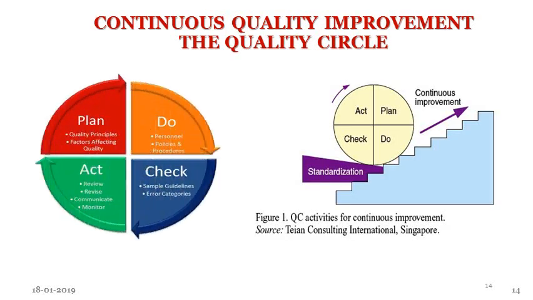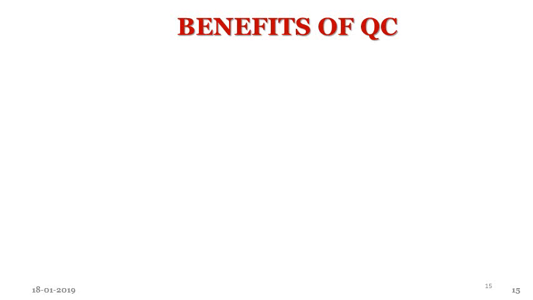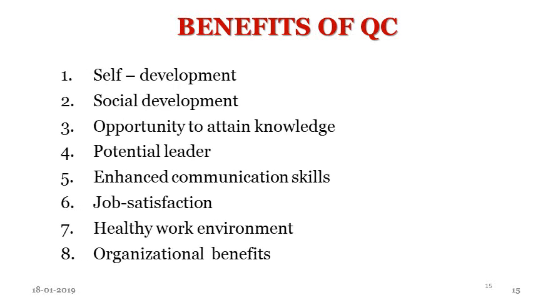Actually here also, through continuous improvement, we will ensure the quality. Plan, the quality principle: plan, do, check, act. 4 steps. So basically, a quality circle is a group body which has representation from the workers. They will discuss the working environment and try to solve the problems through proper suggestions to the management.